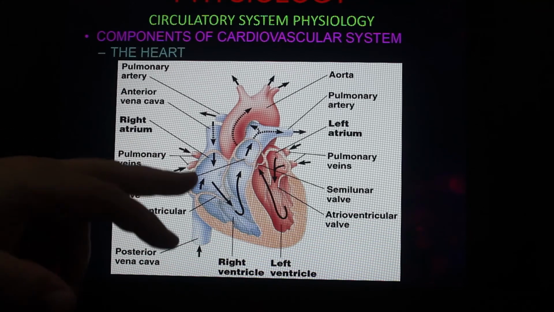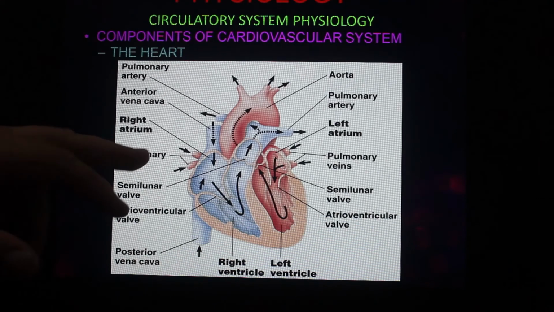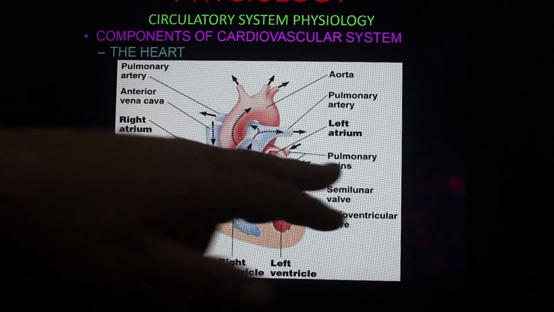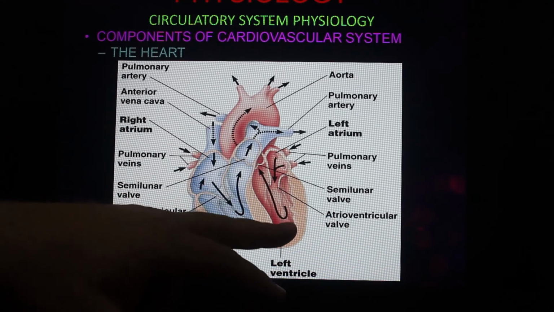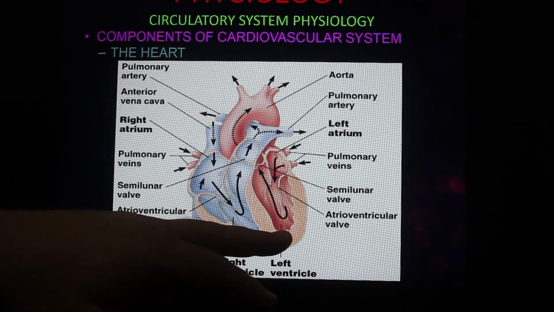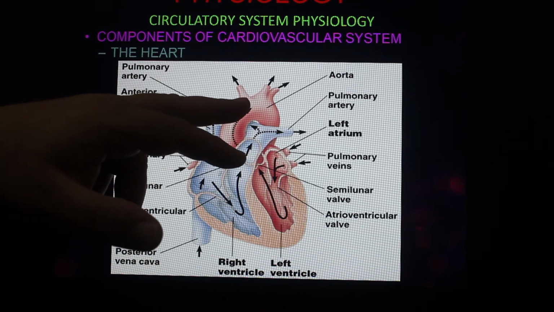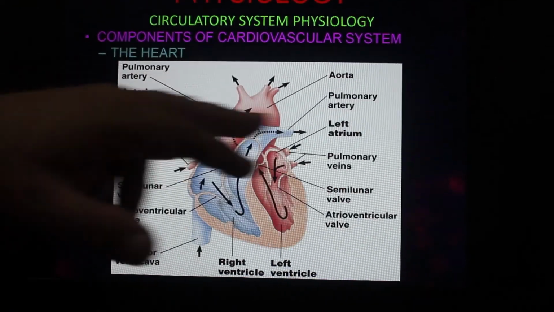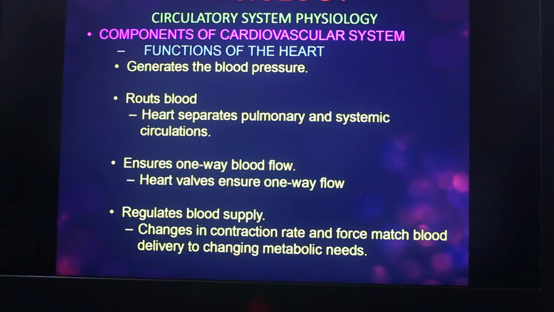And the right ventricle pushes the blood via the pulmonary artery to the lungs, and the oxygenated blood comes via the pulmonary veins to the left atrium, and then it passes into the left ventricle, and when the left ventricle contracts, it goes into the aorta to be distributed to our head, to our arms, and to the rest of our organs and body. If we look at the functions of the heart,